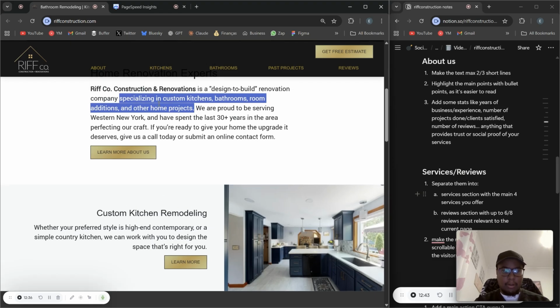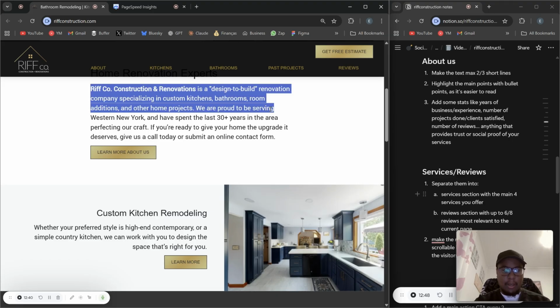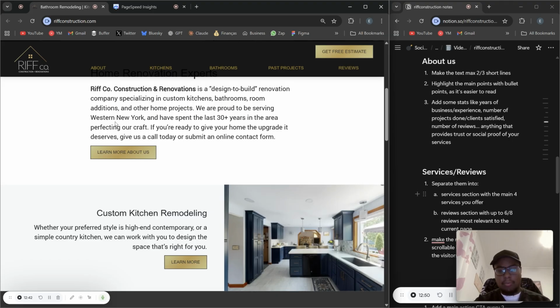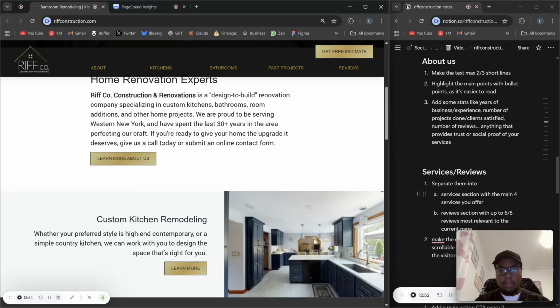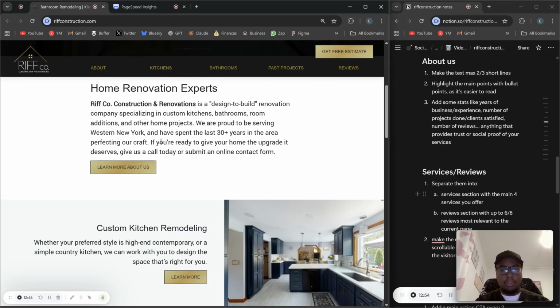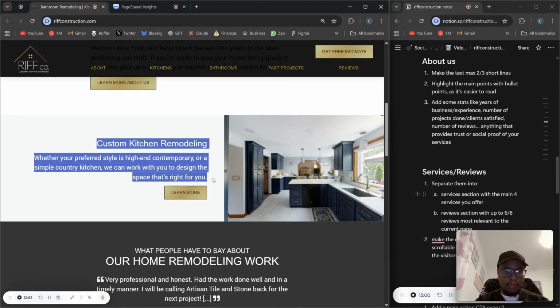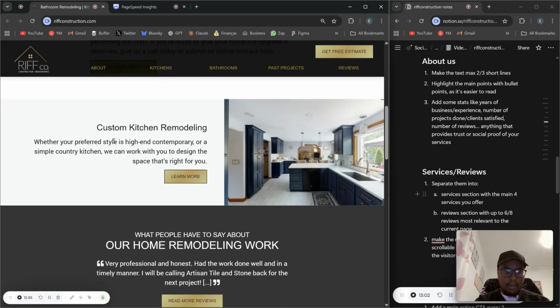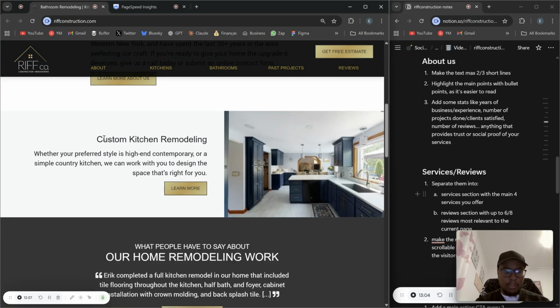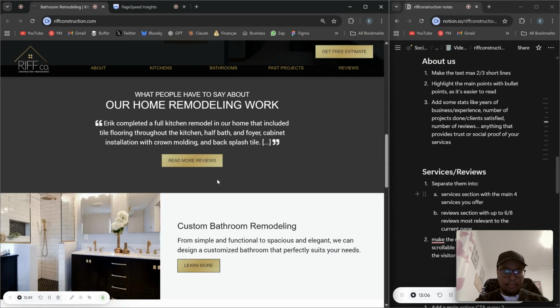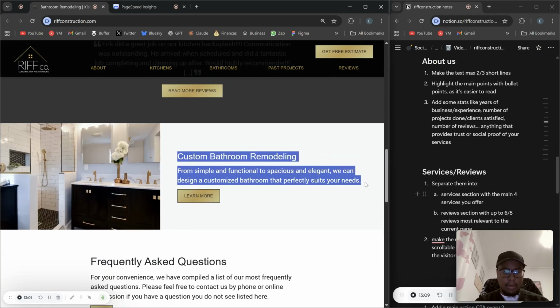Okay, so I would do these three lines here, and then 3 to 5 bullet points with your benefits, with the guarantees to the visitor, things like that that will make them convert. Okay, so now we have these services. They did a weird thing where they just put one service here, and then they put here again another service